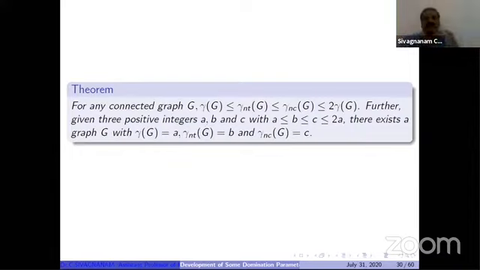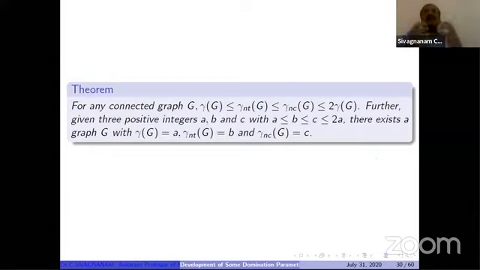Now, what is the relation we already have? Taking the relation from the first theorem: gamma is less than or equal to gamma nt, gamma nt is less than or equal to gamma nc, and gamma nc is less than or equal to 2 times gamma. We are not entering into the proof, only explaining the theorem statement. So we have a chain relation between gamma, gamma nt, gamma nc, and 2 times gamma. So gamma nt and gamma nc are in between gamma and 2 gamma.